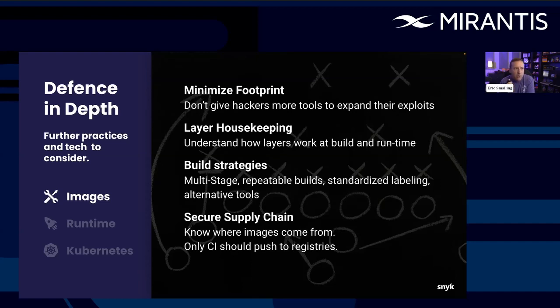Build strategies. So you saw me using a multi-stage build. That's a great tool for minimizing image size, because that final image you can base on something small, and the prior stages could be based on larger images that have the tools you need to do your builds. This is very common in the Go world. If you're doing a Go application, often you'll have stages that build the binary as a statically bound executable, and then the last stage is often Scratch, which is the empty container, and you just copy that down, and now your container is as minimal, as slim as you can get it. As long as your application is solid and you've scanned your code, you're pretty safe at that point.